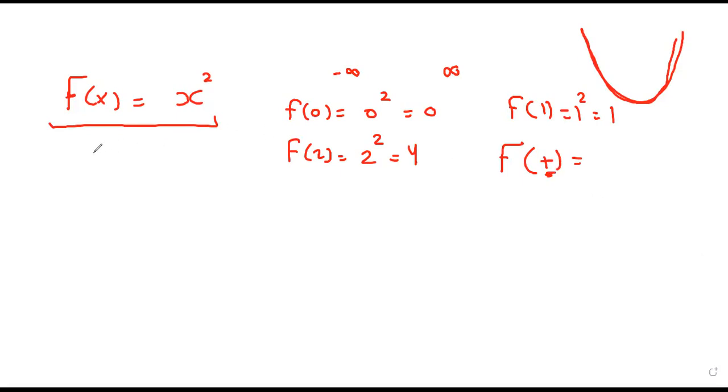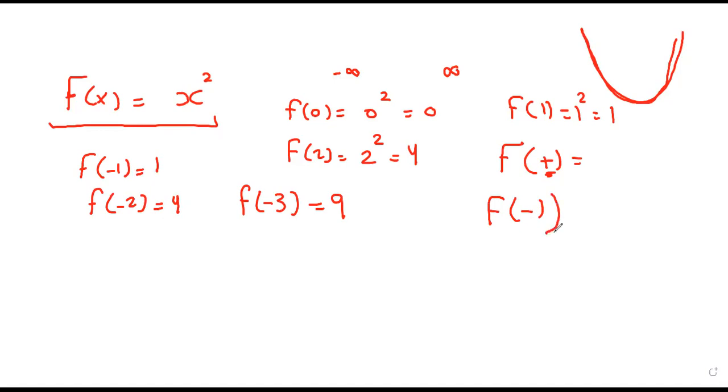And at the moment, we can find f of negative 1, which is 1. F of negative 2 is 4. And f of negative 3 is 9. And we can keep substituting f of any negative value. So we can find f of any negative value. And when it comes to graph this relation,